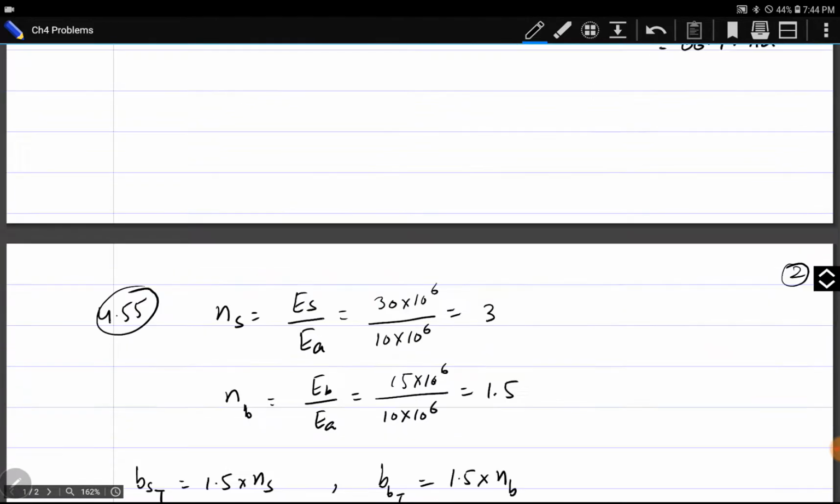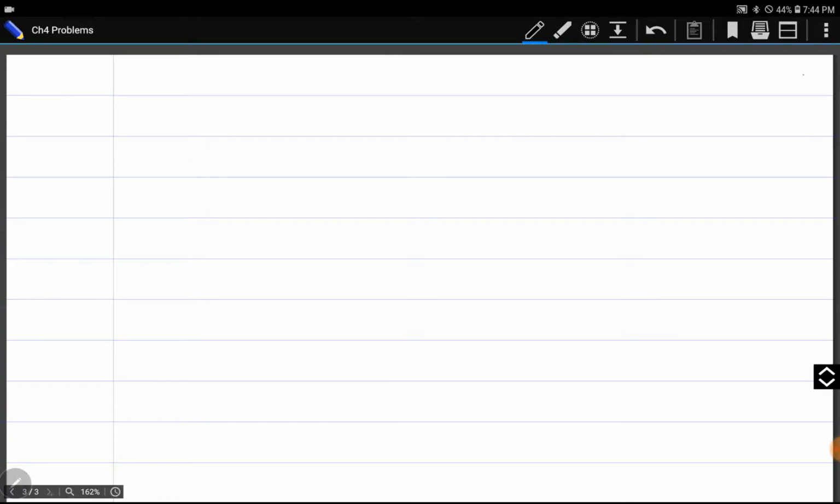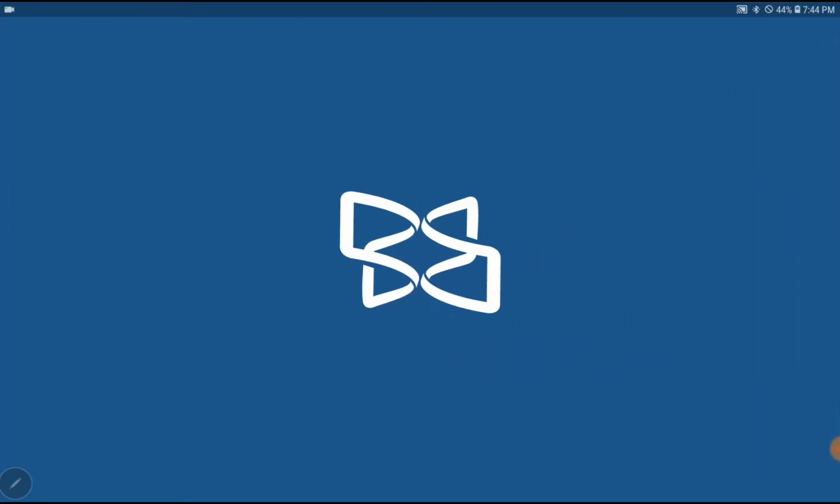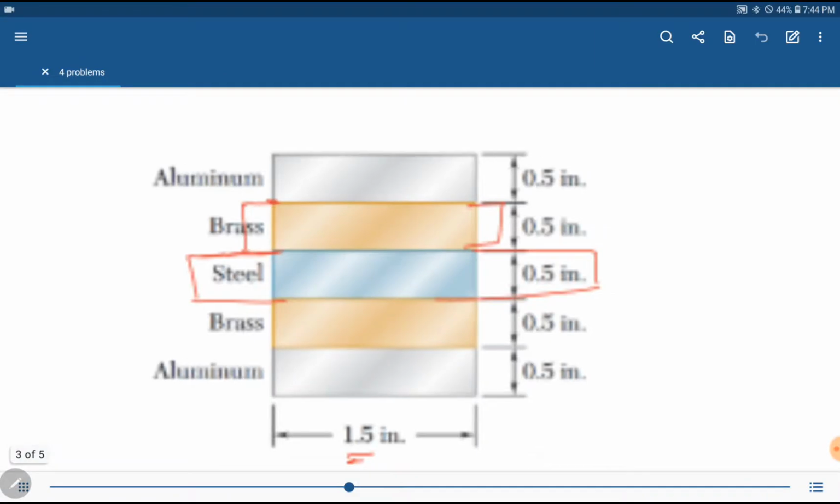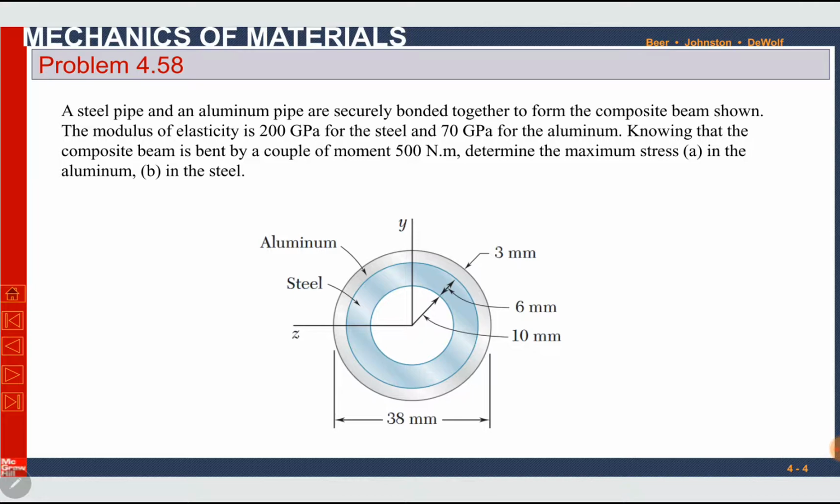Okay. Now I will move towards our next problem, which is problem 4.58 from the exercise. A steel pipe and an aluminum pipe are securely bonded together to form the composite beam shown. The modulus of elasticity is 200 gigapascal for steel and 70 gigapascal for aluminum. Knowing that the composite beam is bent by a couple of moment 500 Newton meter,